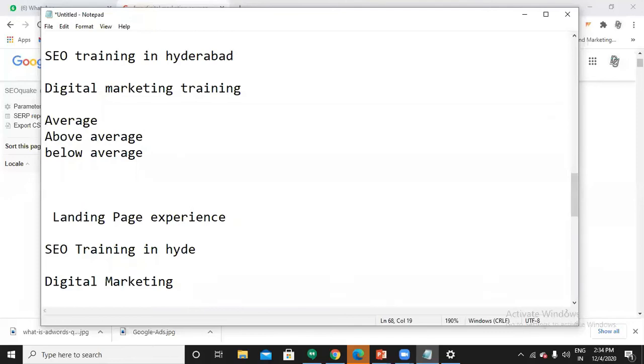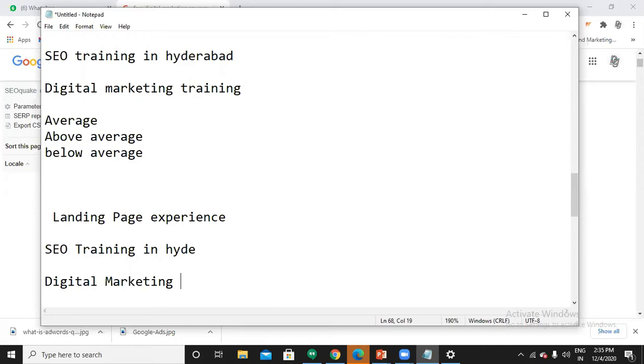So, is it good that I am looking for SEO training, and finally after clicking the ad, I go to some digital marketing page which is irrelevant? Is it good? No, it is not good. Yes, of course, I can say it is a part of digital marketing, but I am into only SEO. So why do I have to go to this digital marketing page? So it is not good. This also affects the quality score again.